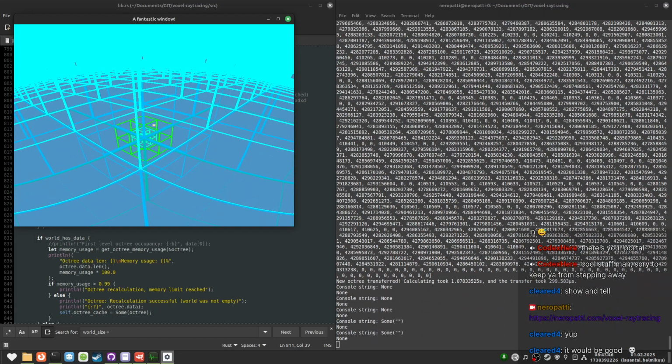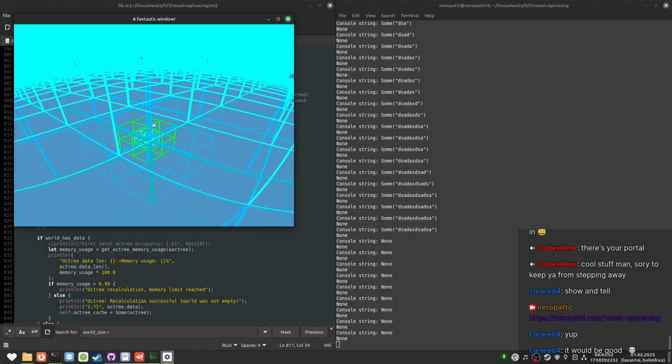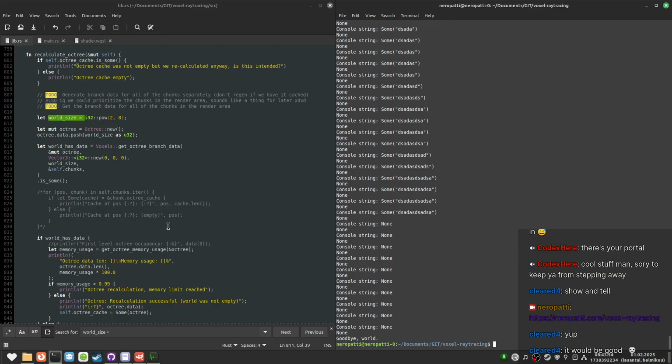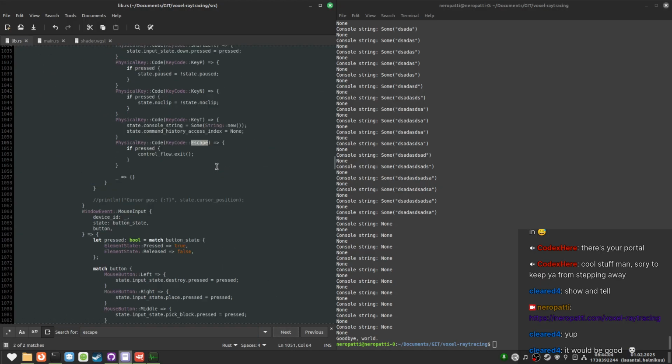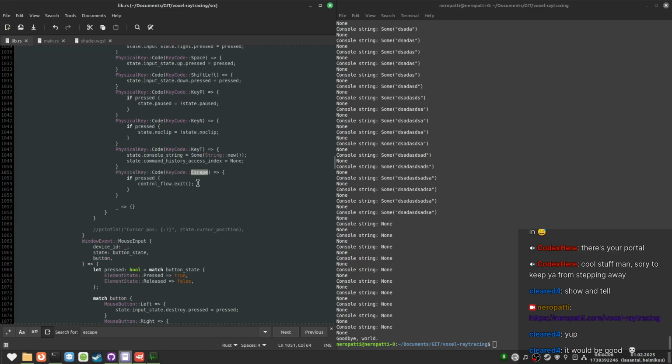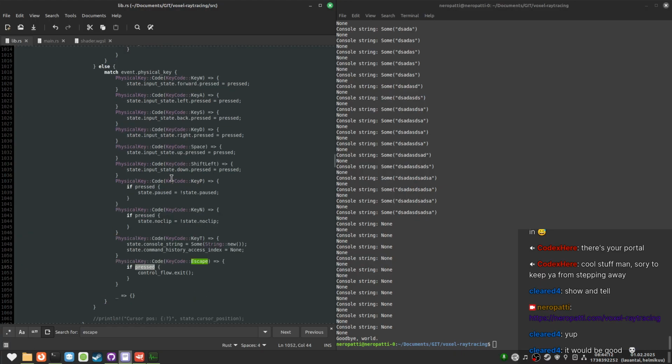So here, if I'm typing, you can see the console string is some. If I press escape, the console string is none. If I press escape again, the game is none, right? So we're gonna go to here. Input state.